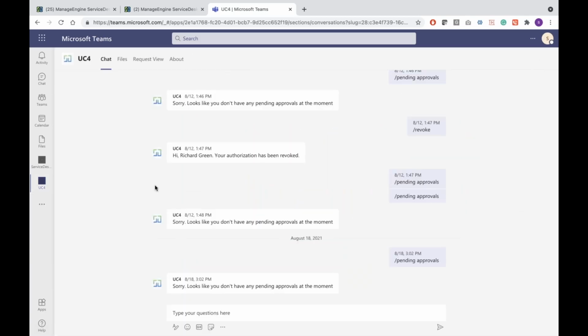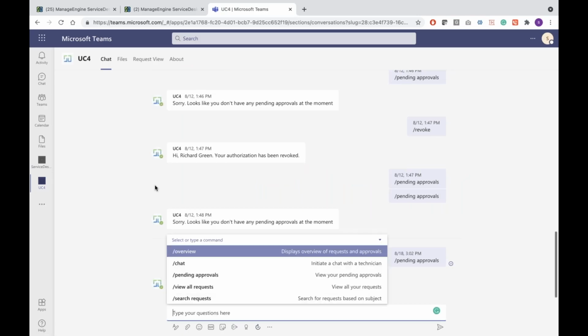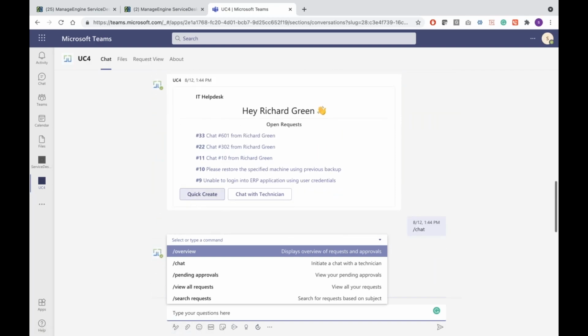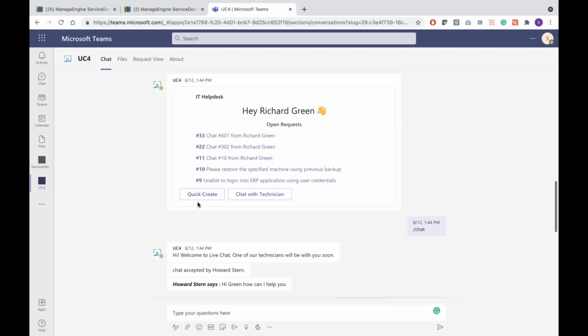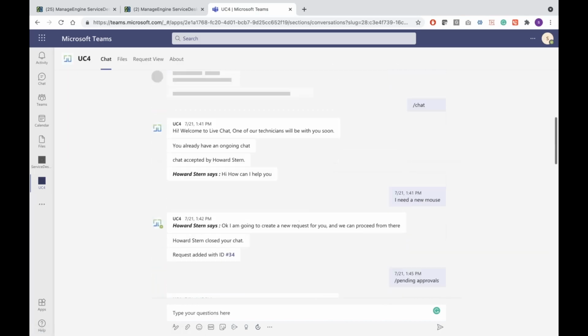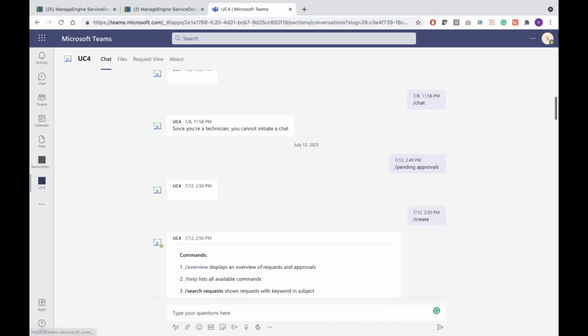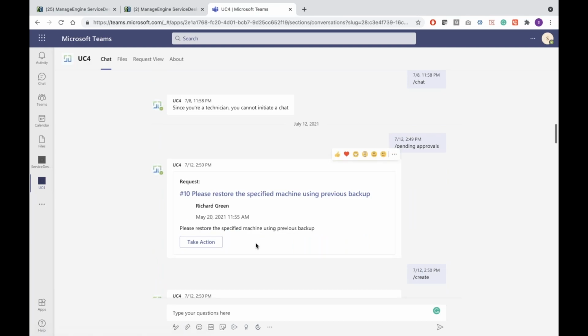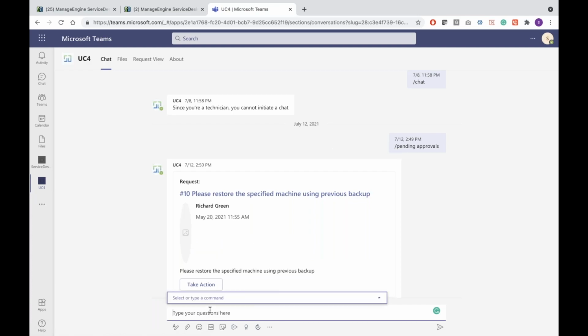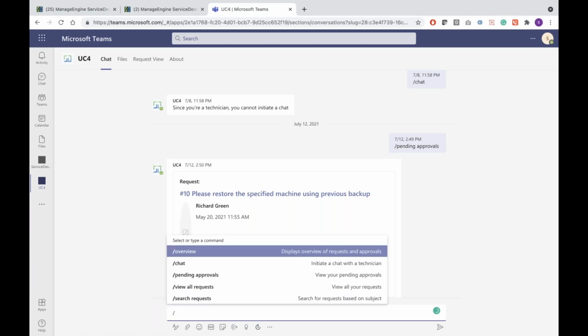You will be able to approve the tickets right from your Teams. So this is the Teams integration, and as you could see, you could quickly create a ticket from Microsoft Teams, all right? You could also take approval action right from your Teams, which would be recorded in ServiceDesk Plus. These are two new features that we have introduced, and all you have to do is use the slash commands, use pending approval, or using the slash commands, you could literally say create ticket, and you would get an option